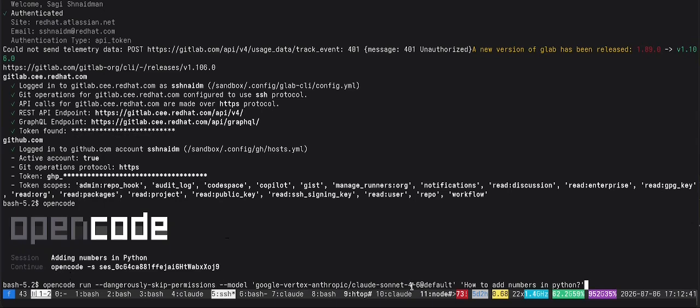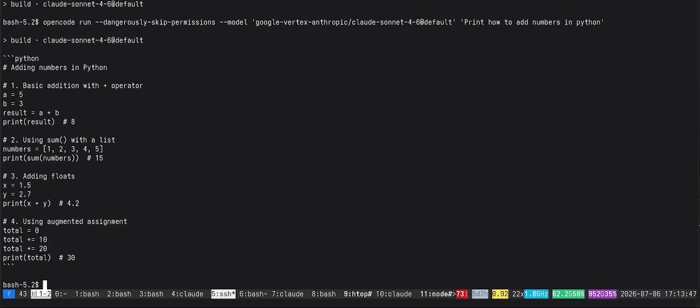Specifying model. In this case, let's run it with Sonnet 4.6 and simple prompt. Alright, it printed how to add numbers in Python, and that's okay. So this is a way to run Opencode in headless mode, for example, for agents, for autonomous agents, and workflows.